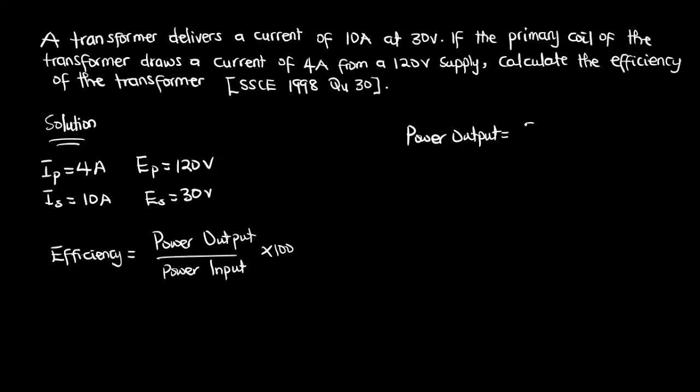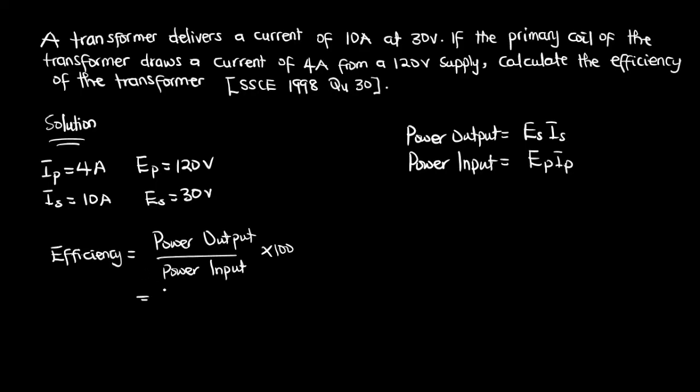So basically it is ES multiplied by IS, right? The voltage in the secondary coil multiplied by the current in the secondary coil, that's the power output, and then the power input